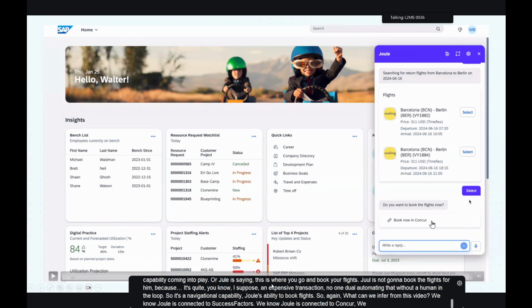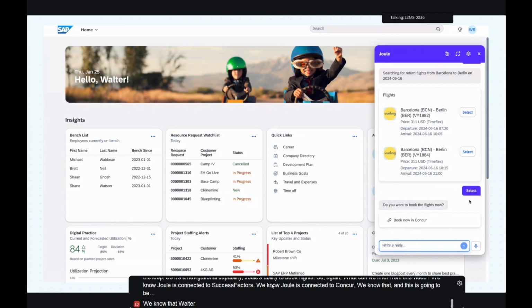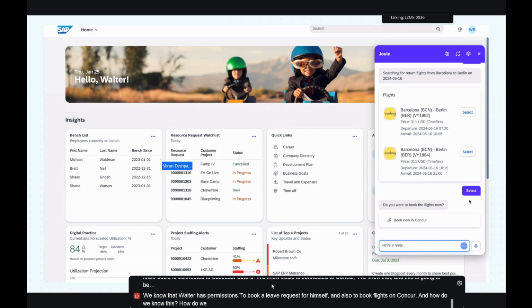We know that, and this is going to be important, we know that Walter has permissions to book a leave request for himself and also to book flights on Concur. And how do we know this? How do we know Walter has these permissions? And this was a key question during Joule's designing phase, which was